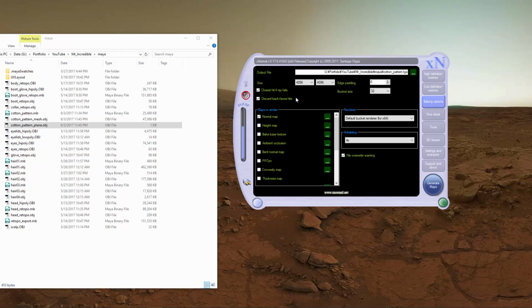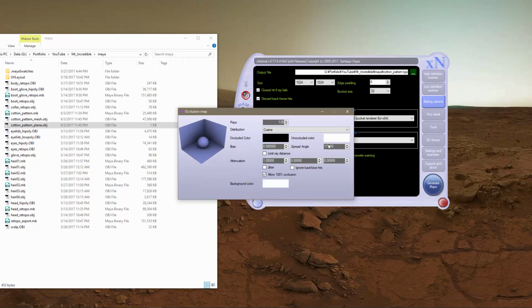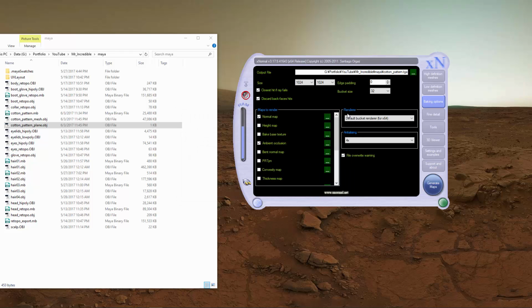And now in the baking options, I think for this 1K will be more than enough. So 1024 by 1024, and I want the normal map, and also I want to bake the ambient occlusion. Let me check the options. So 121 rays and 179 degrees spread angle should be okay. Anti-aliasing 4 is fine. And in here, I prepared it, I'm just gonna choose the file format, which is cotton pattern TGA, and the tool is going to automatically add underscore normal and underscore ambient occlusion or occlusion. So okay, I'm going to click on this big button that says generate map,